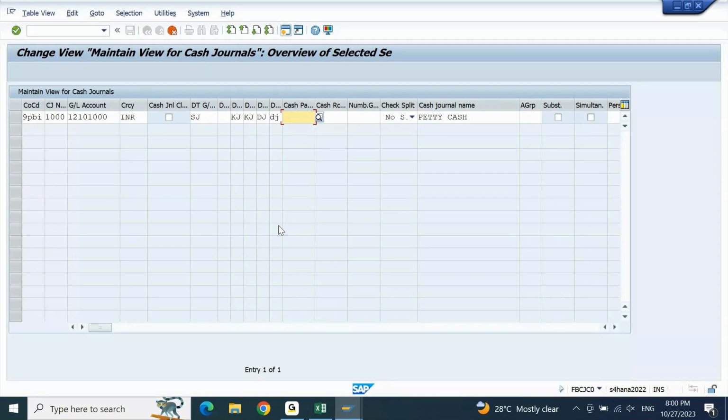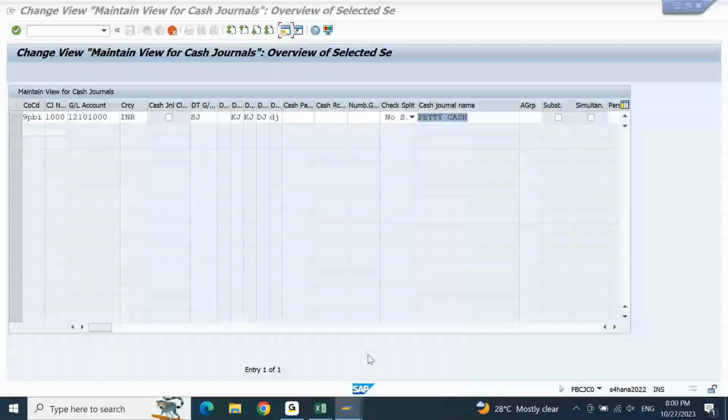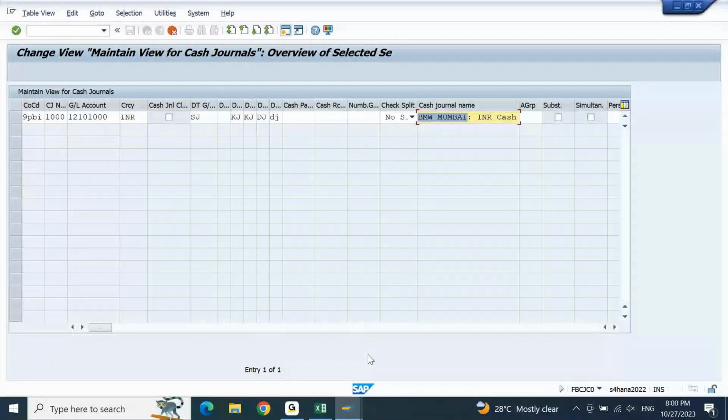After that, cash journal name. Whatever the name that we have identified, you need to put this. Now you need to make sure these names are properly identified and confirmed by the client, because this is not the GL description. This is your cash journal description. Tomorrow if they say, no, the name is not correct, it's a configuration change. So again, you need to create a TR to make the changes to it. So what I'll put, I'll give this BMW Mumbai INR